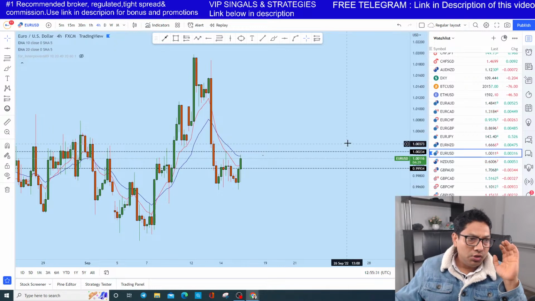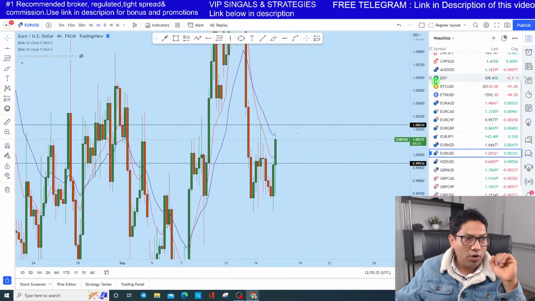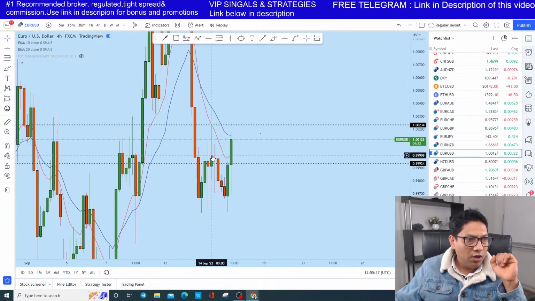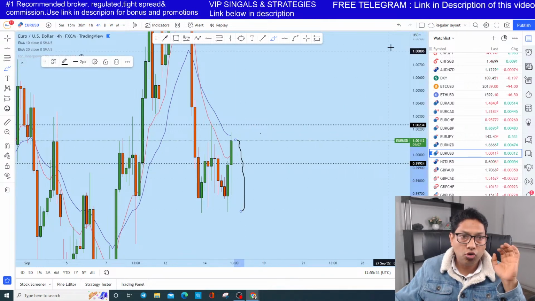Okay, so euro dollar, now what is happening is, you see that this is the 4-hour candle. First of all, there is a long rejection here, right? Now this one is closing after 4 minutes below this level, creating a lower high below this daily 20 period and 4-hour 20 period moving average. This is a high probability that euro dollar will continue to drop.